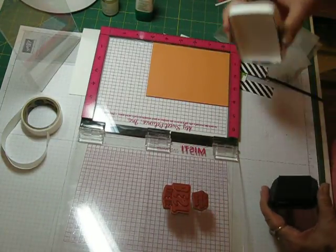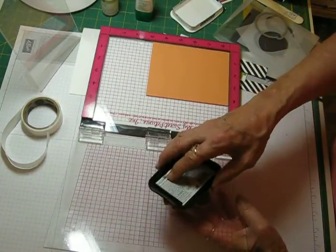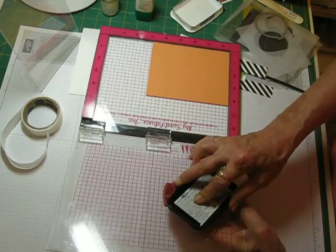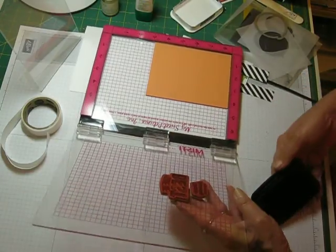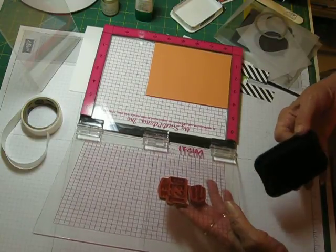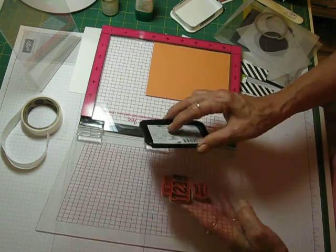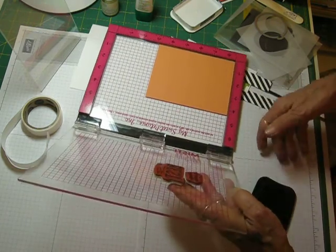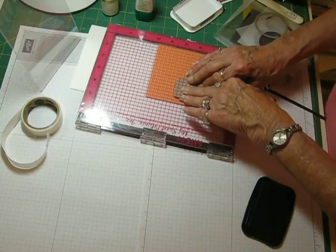Now the advantage of having the Misty is you can get a really crisp black image, because you can be sure you're always going to stamp it in the same place. You can stamp two or three times if you want to, and I can see right now there's not enough ink on there. I've got to get a refill for this Memento, but it's going to work. So we're going to press this down,